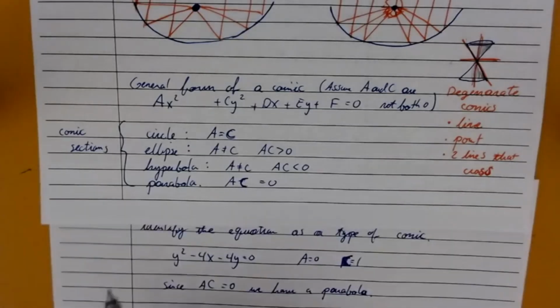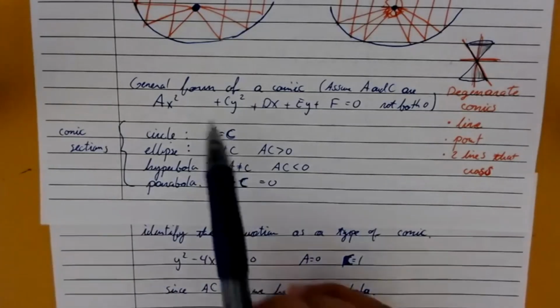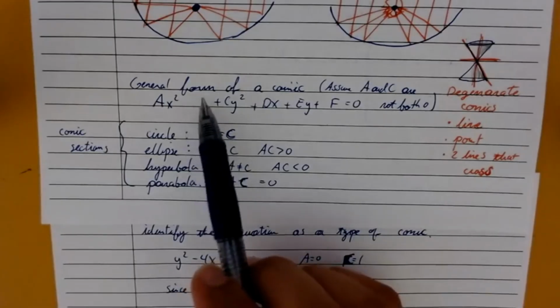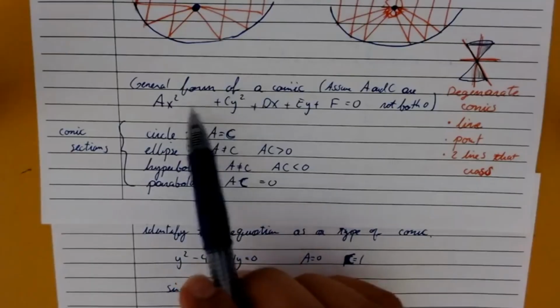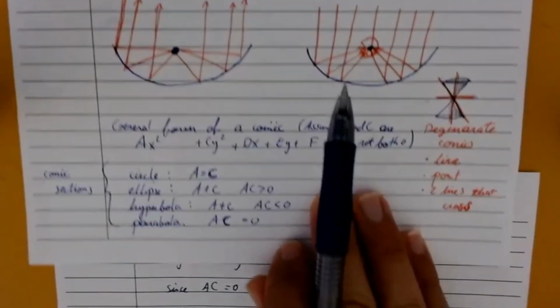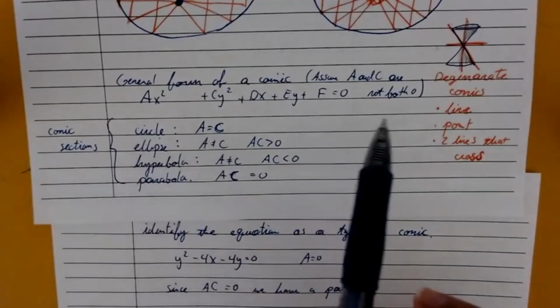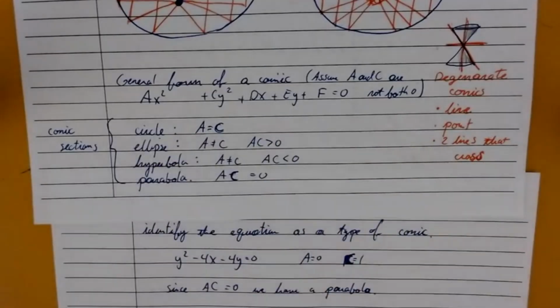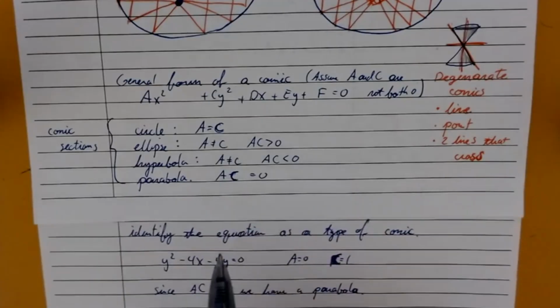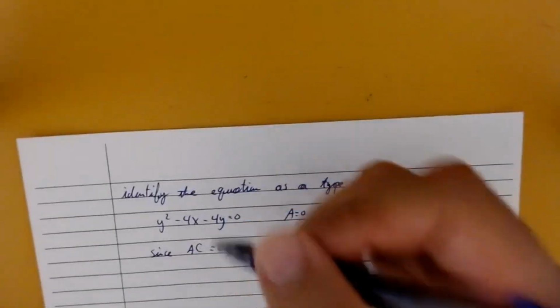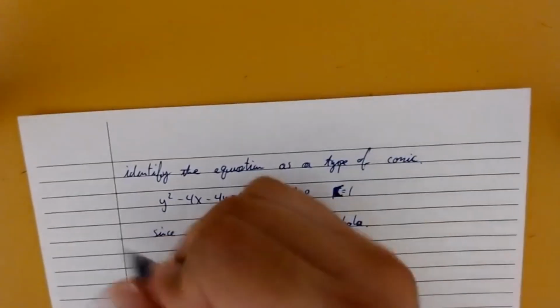This will come in handy in the next section when we start talking about rotations, tilting things back and forth, because it is often useful to know what kind of parabola, hyperbola, ellipse, or circle we have. It's often useful to know what kind of conic we have before we even start. Let's try another one here. Let's go ahead and identify the equation